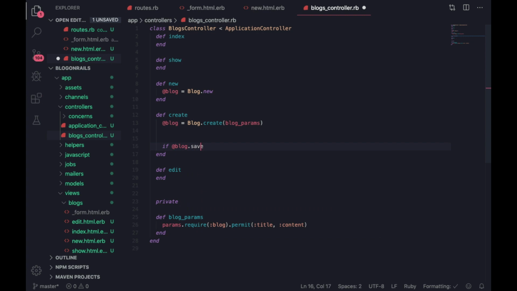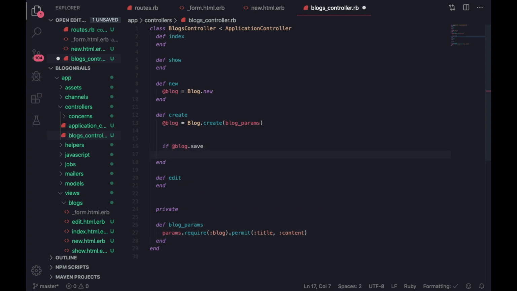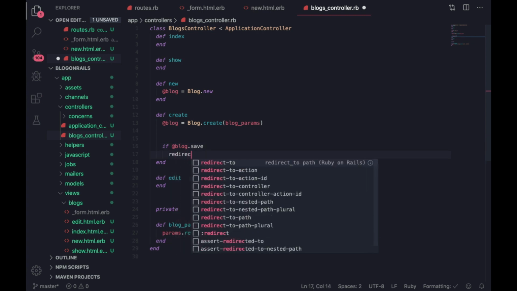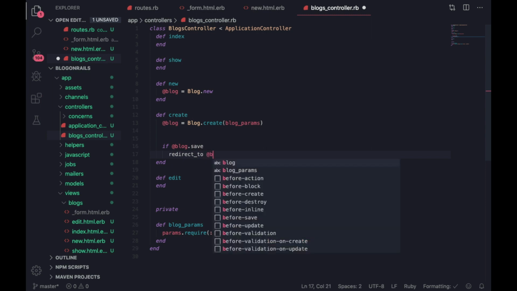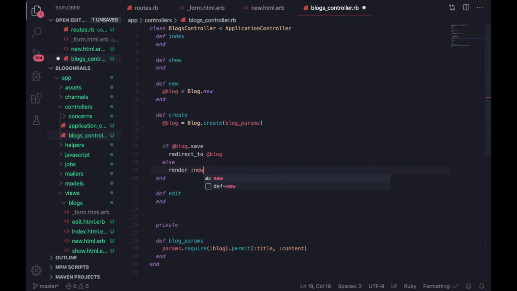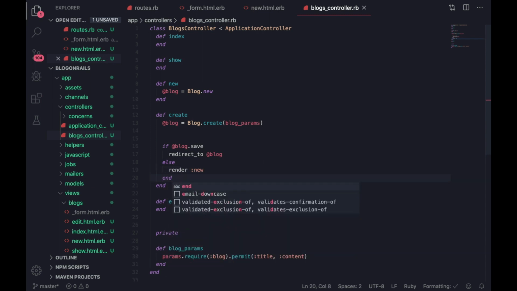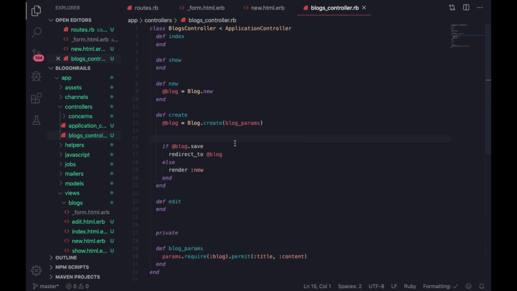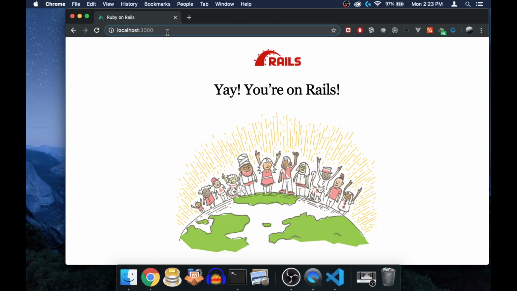All right, and here let's make an if statement. So if the blog was saved, we want to redirect, I guess, to the blog itself. And if something went wrong, let's render just the new form and then close that. All right, so with that, let's head over to localhost